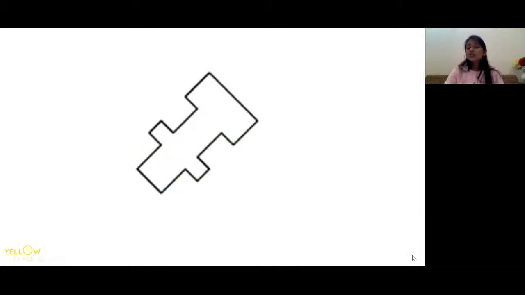Okay, for now, this object, just try to find out and give me the answer like thumbs up or thumbs down. Can you find a horizontal line of symmetry? Can you find a vertical one? You can find a diagonal one also, like this or like this. I can see a lot of hands saying, no, no, no, ma'am, it is not. But I can see a few children are still saying thumbs up. So let's all of us together check it out. Yes, it is symmetrical along this line. Along this line, it is exactly symmetrical.